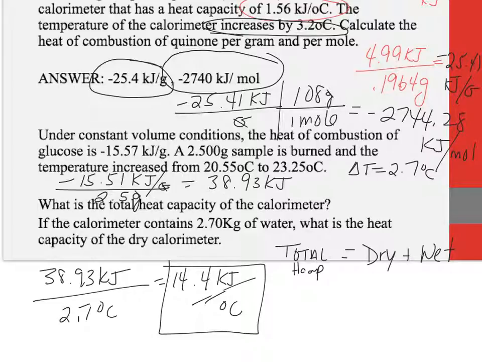We have the total, right? This is 14.4. So if we figure out the wet, then we can figure out the dry. So our wet is just going to be from the water. So that's simply going to be our, I'm going to squeeze this in over here, Q equals 2.7 kilograms. I'm going to leave it in kilograms, and